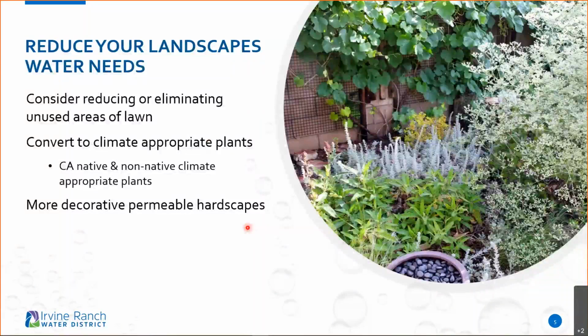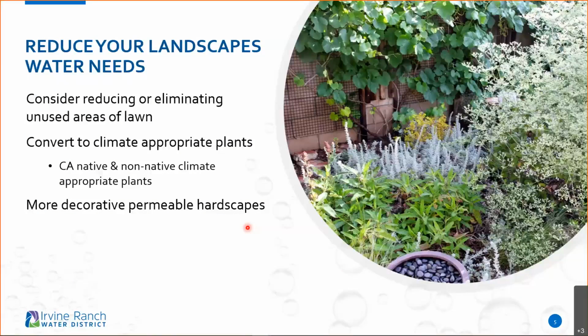When we talk about landscapes, the ultimate goal is to try to reduce the amount of water our landscapes need. Typically, on average, 50 to 70% of homeowners' water use goes outside to the landscape, and a lot of that water sometimes is wasted as runoff. It's put out there in inefficient manners, which goes more towards the sprinkler system and stuff like that sometimes. But those are things that we always got to consider.